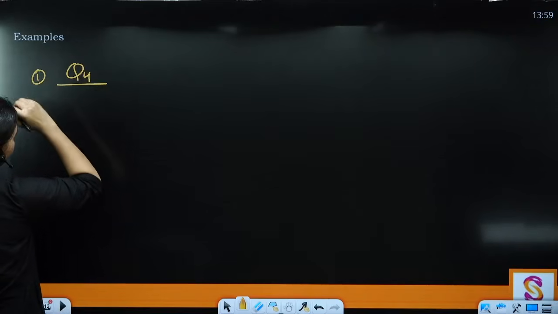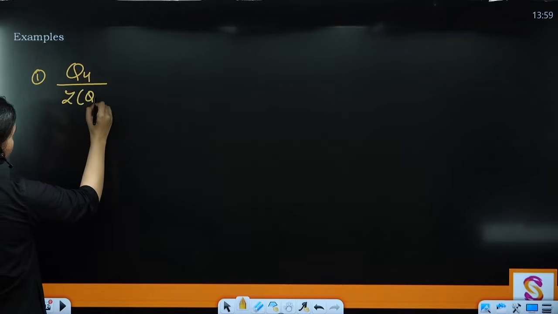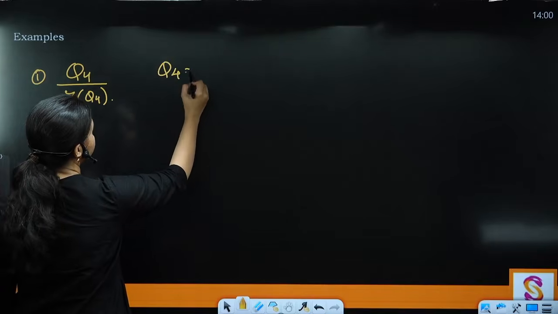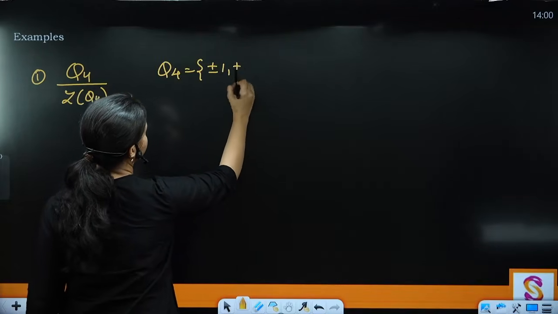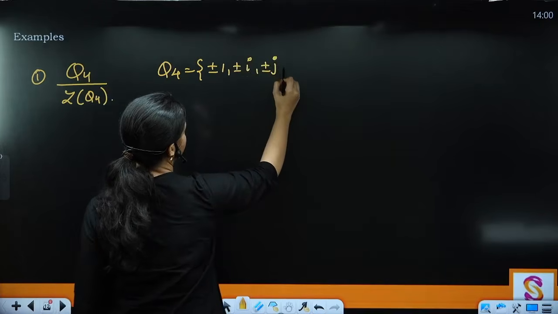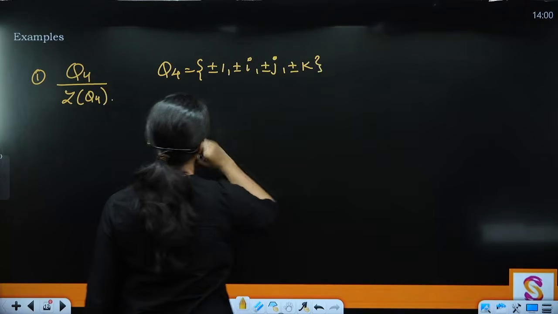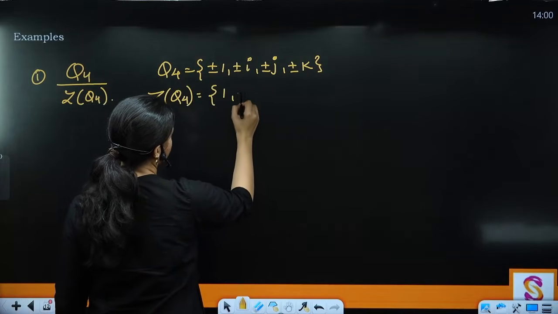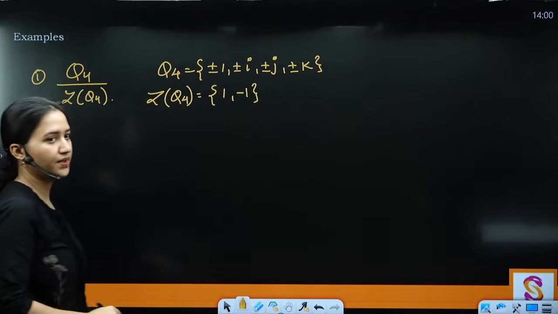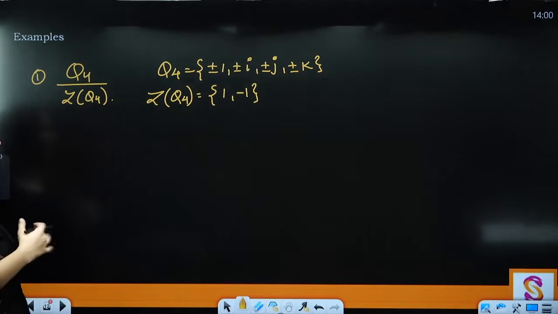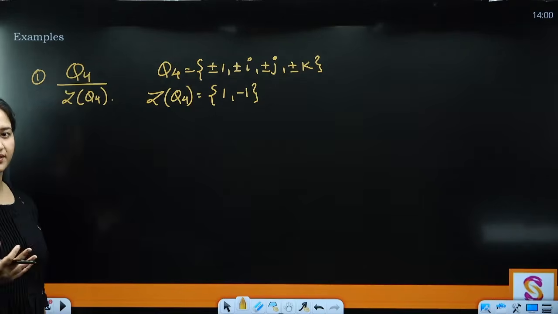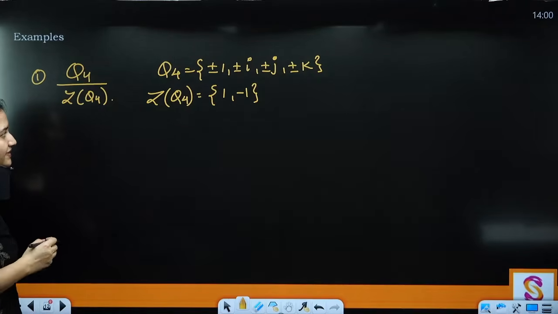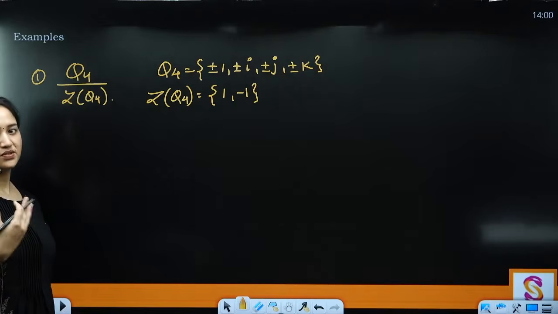Q4 by Z of Q4, okay, where Q4 is plus minus 1, plus minus i, plus minus j, plus minus k, and Z of Q4 is what? Center of the group, the collection of all elements which commute with all the elements, right? So minus 1 and 1 are the 2 elements which commute with all the elements of Q4. Now we want to see what are the cosets lying in it,